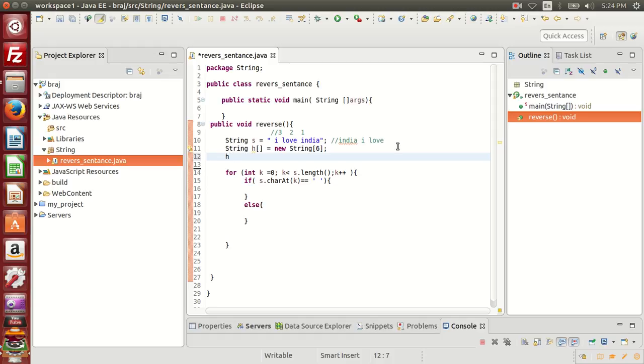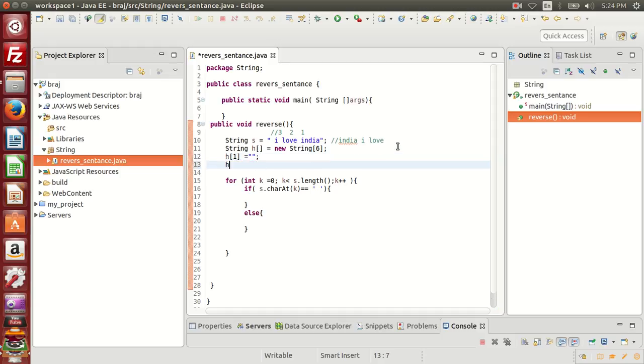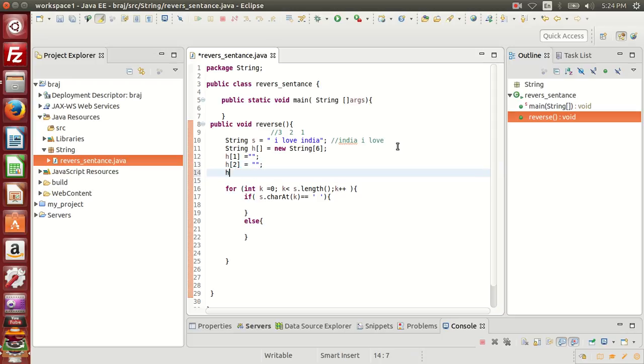Because I have 3 strings, separate strings, I will store I in h1, love in h2, and India in h3. So my task will finish if I am able to do that.